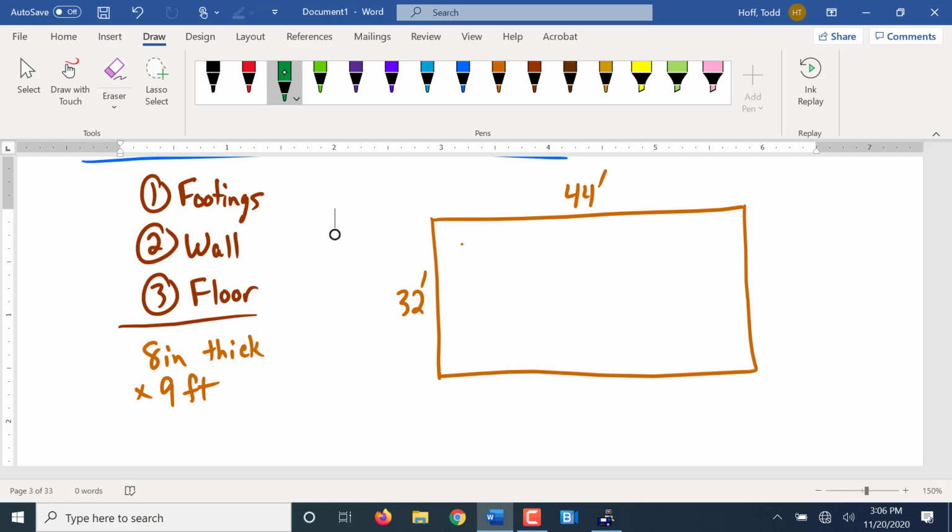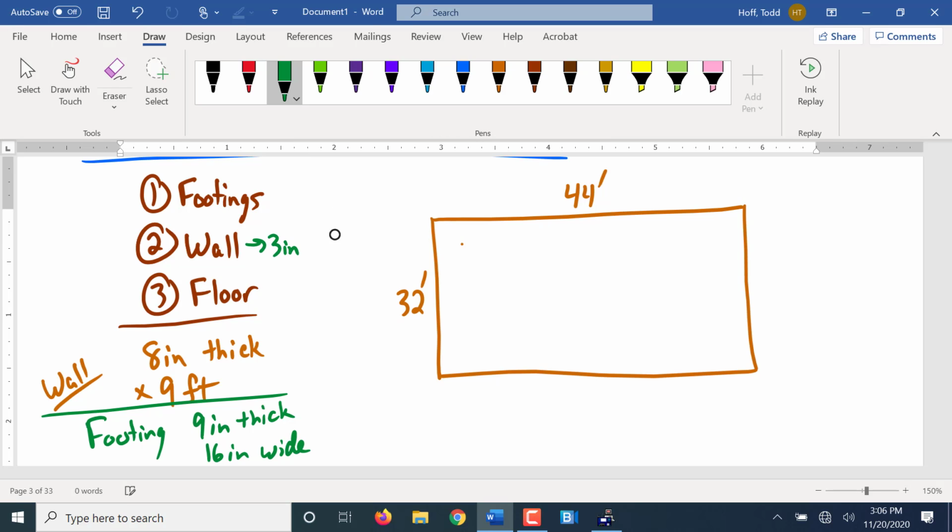So what that means for the footing is that our footing has to be at least 9 inches thick and 16 inches wide. Our floor is just going to be a standard 3 inches thick. So let's start out with the footing. Our footing has to go,